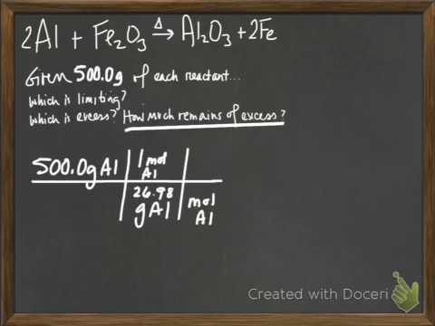Units and chemical on the top in that same space. What are we comparing aluminum to? Iron oxide. Yes, iron 3 oxide. So here we're going to put moles